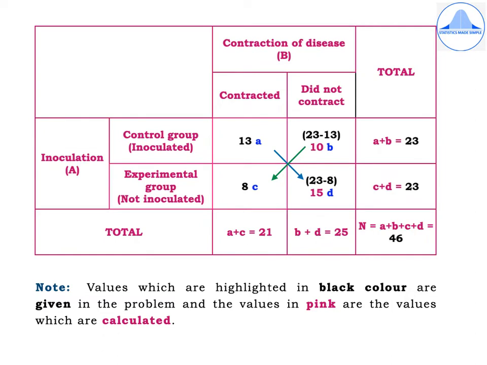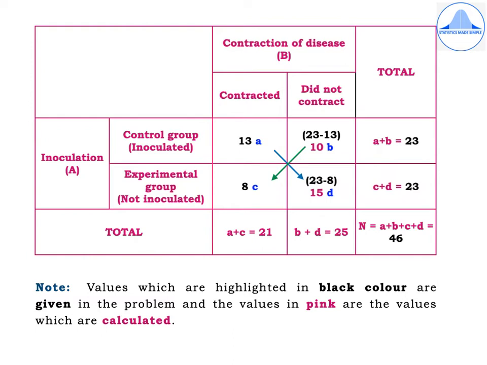And we also know the overall rabbits, which are 46. So that also I have highlighted in black color. Let us now find out the cell frequency, which is B. So we know the overall total corresponding to the control group, which is 23. So 23 minus those who have contracted the disease, that is 13, will give us the value 10, which is